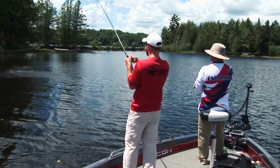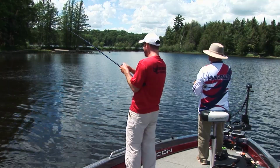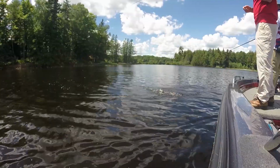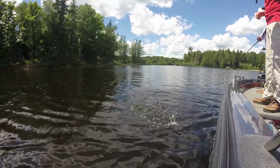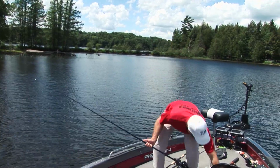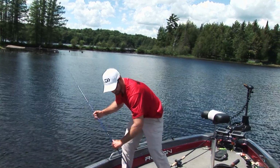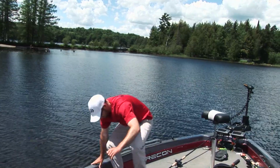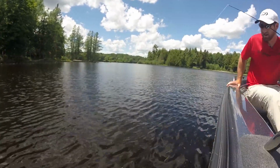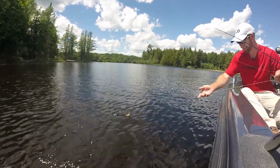Oh, it was on the pause. What was that? I don't know if it's a pikey. That was on the pause, dude. Oh, little muskie. Little tiny muskie, dude. That was so cool, dude. I mean, literally just 90 degrees through. Yeah. That might be the smallest muskie in Canada. You went from catching a 54, 45 pound class fish, 54 inches to...